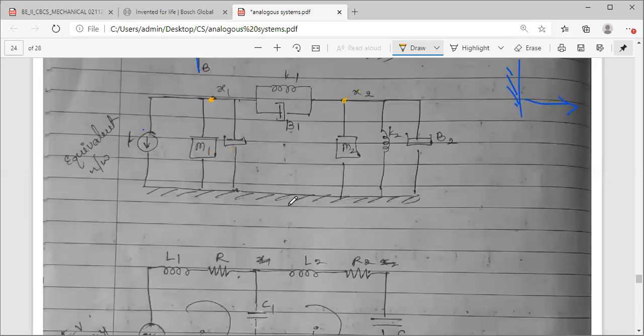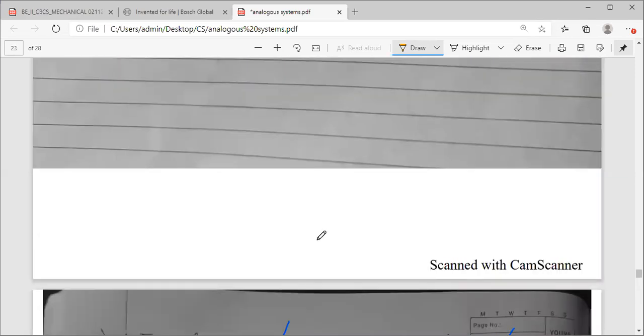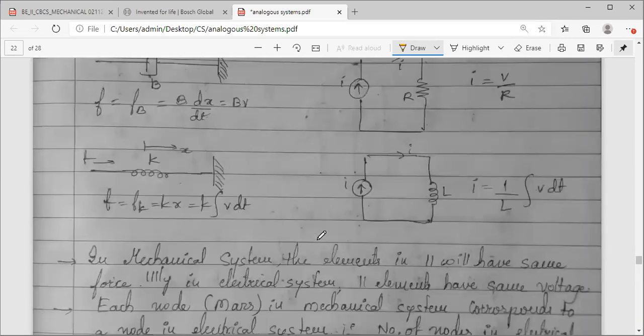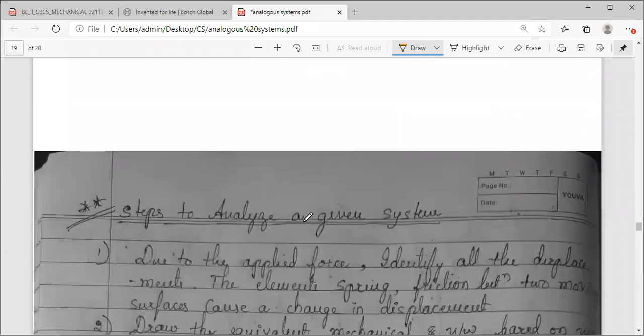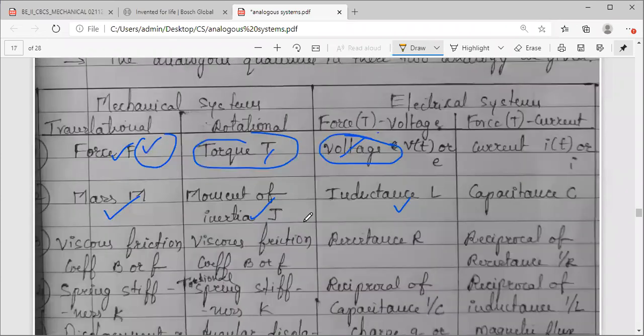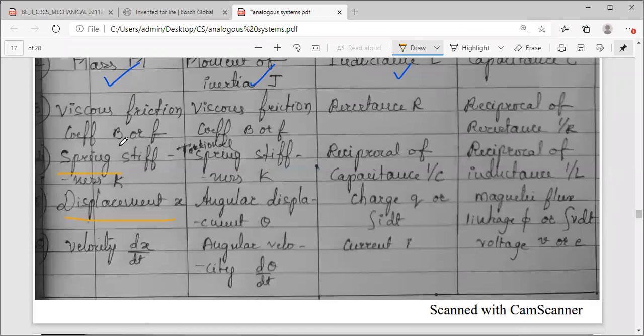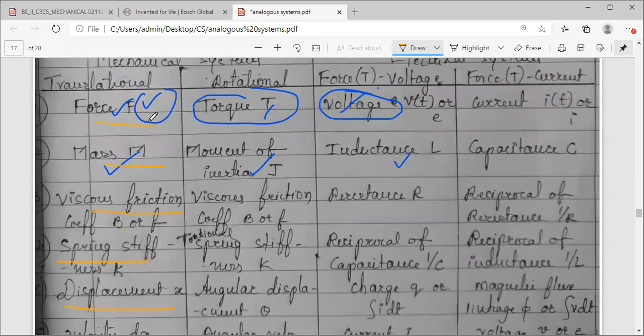So what is the equivalent value for the displacement in case of force current? I have to go back to the slides. Please keep this paper with you, this table which we have made. Displacement, spring, then friction B, that is the viscous friction coefficient B, then mass and force. For translational we are doing. Now I am asking you force current, so you refer to this table. You have to just keep on checking.